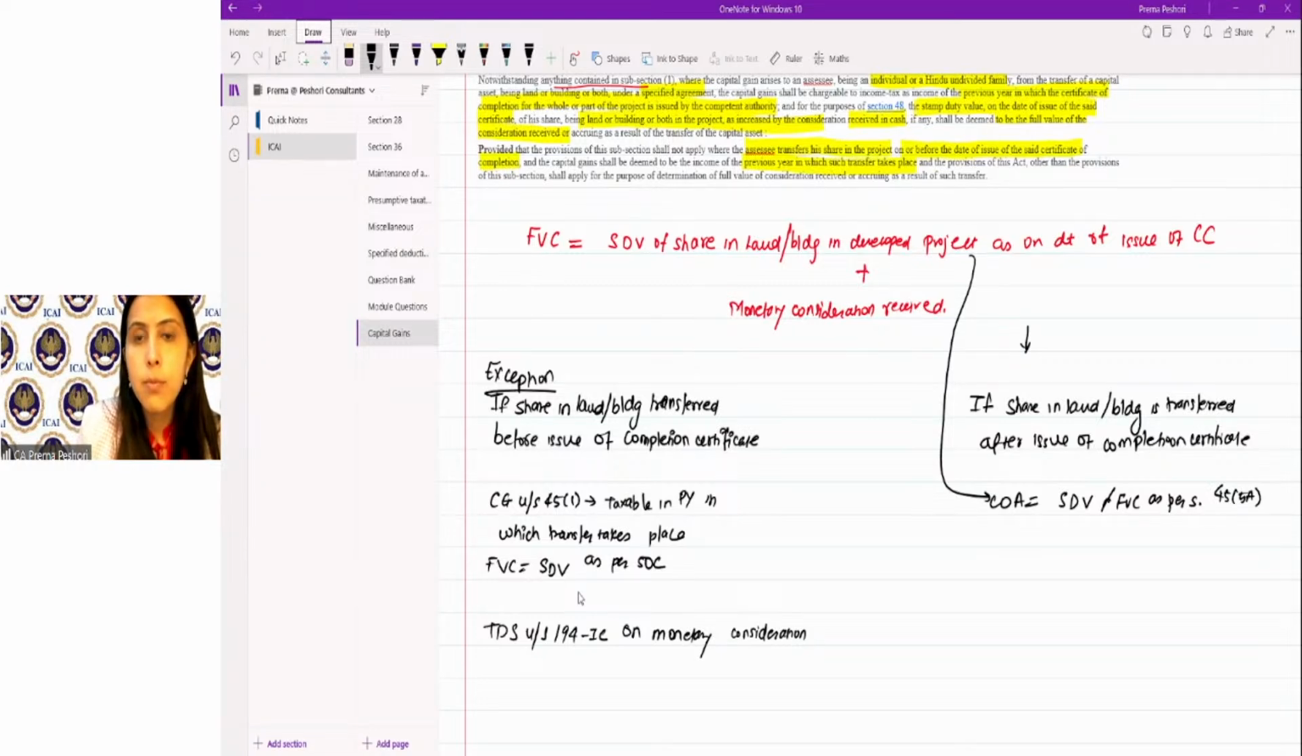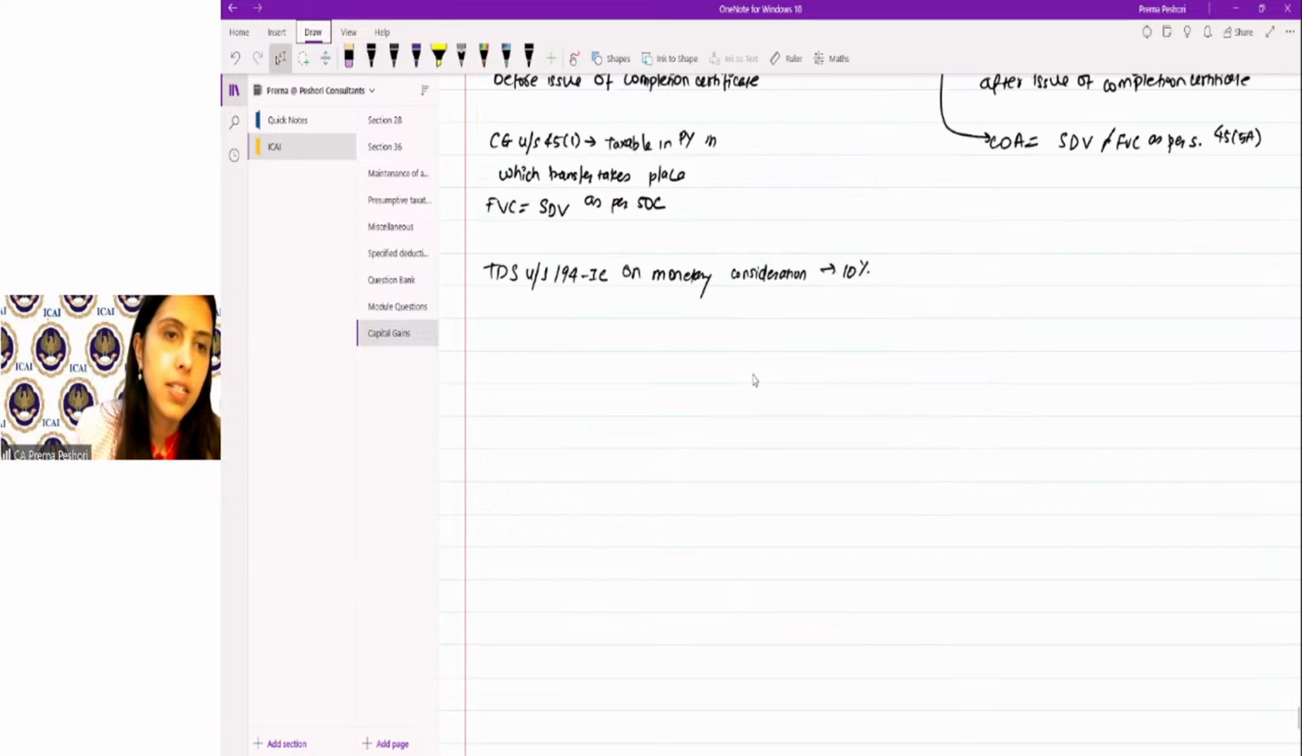and what is the TDS amount? 10%. So under 194 IC, there is TDS at the rate of 10%. Clear? Are we clear? Okay. Next is